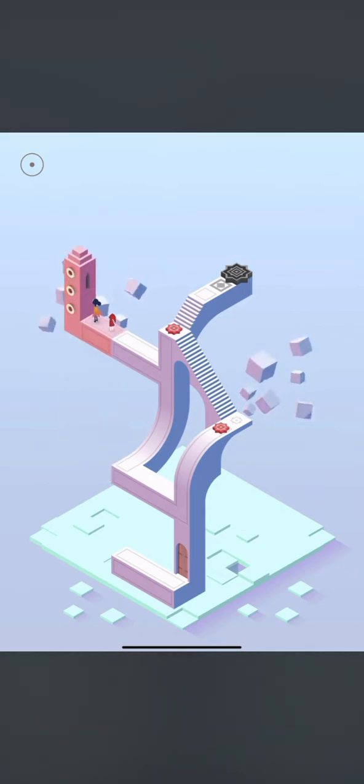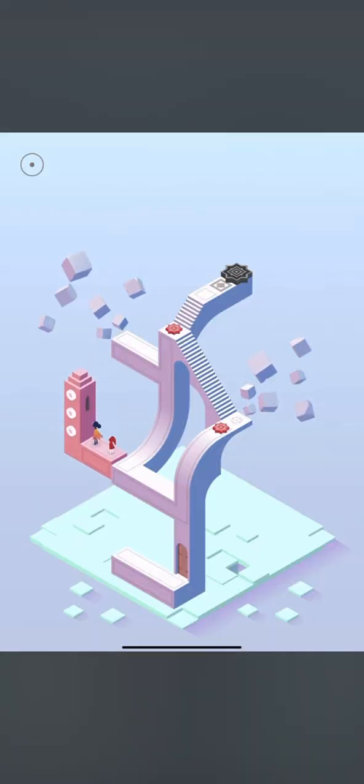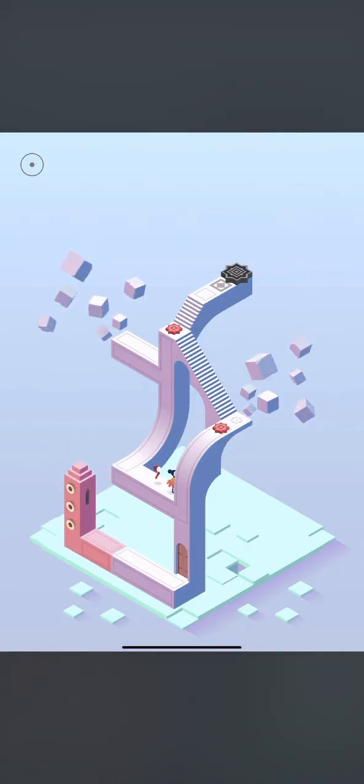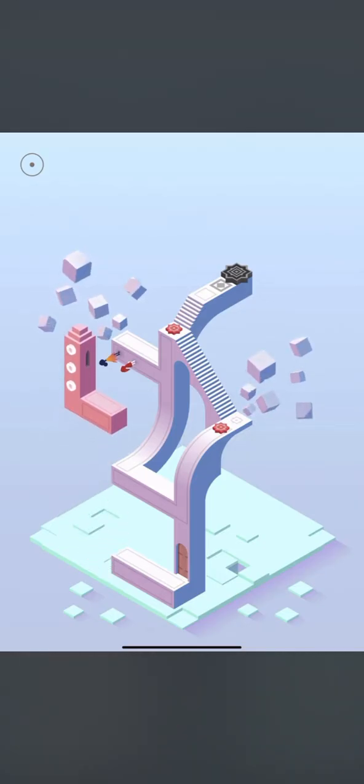So I think I have to get them to walk kind of on the side here. Yeah, so you gotta exhaust all possibilities.